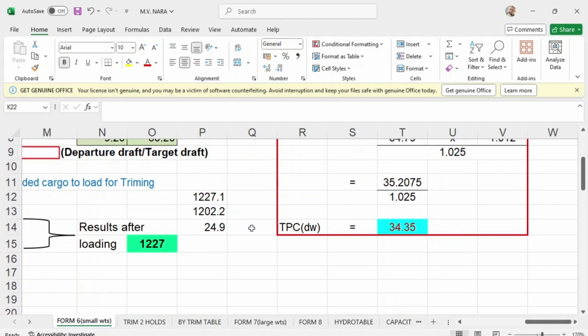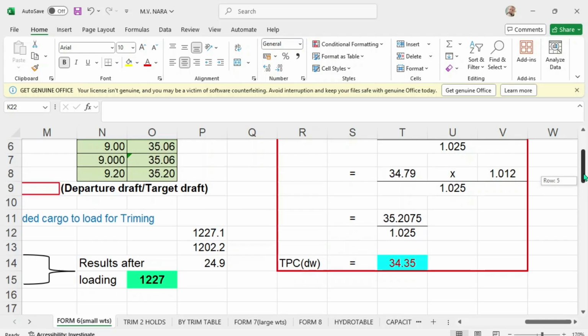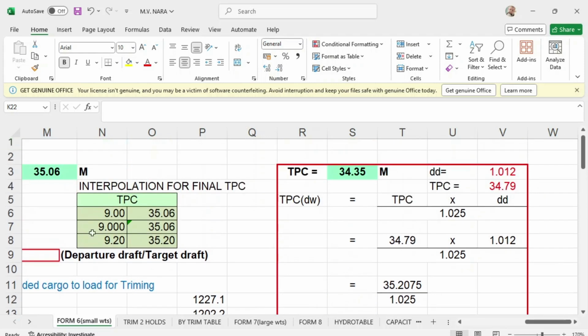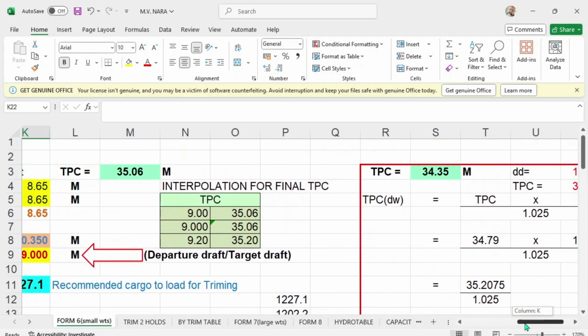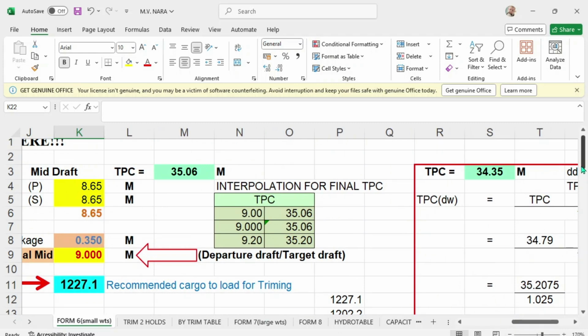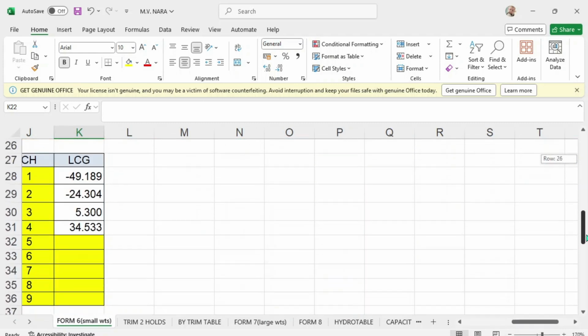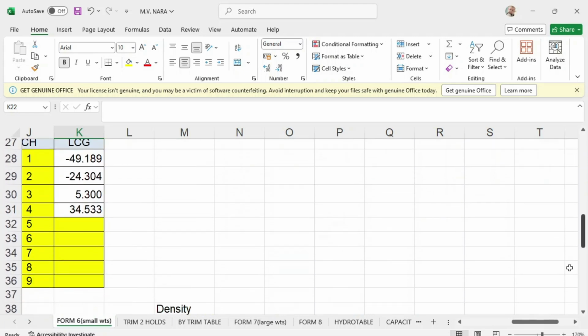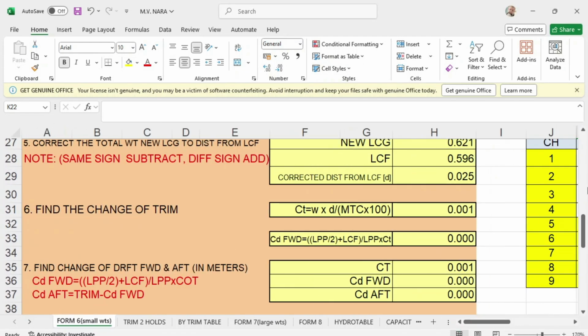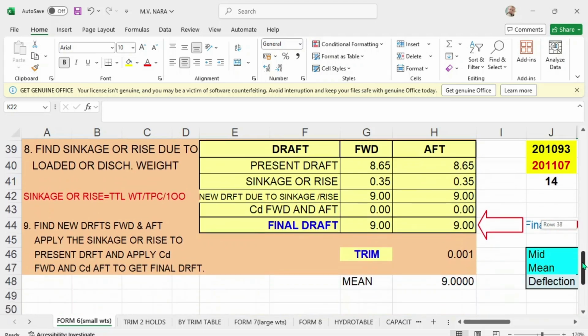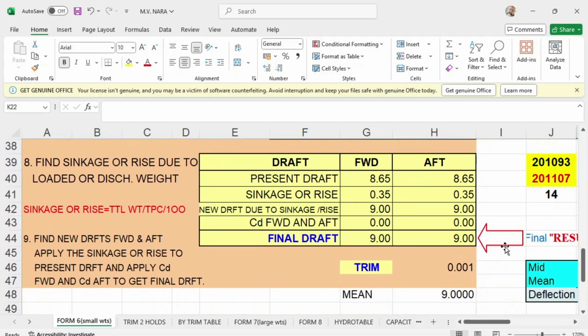You have a cargo difference of 24.9, meaning you have more cargo if you use this figure, this density, but you will still get the same draft of 9 meters, trim 0, and your mean draft.